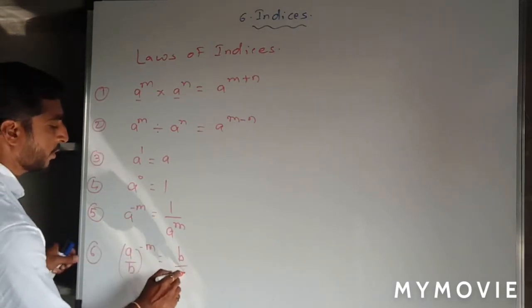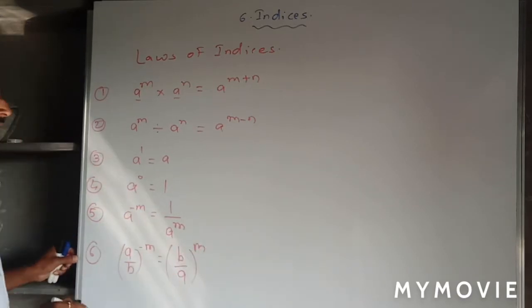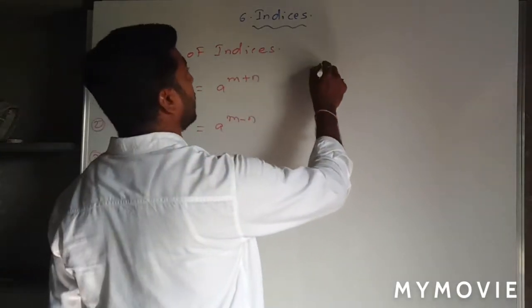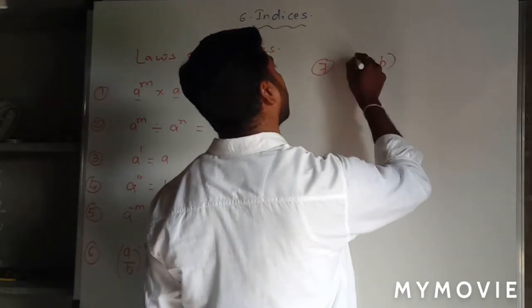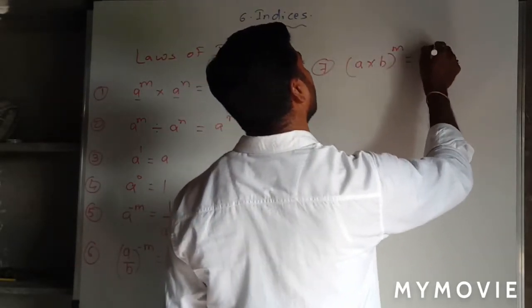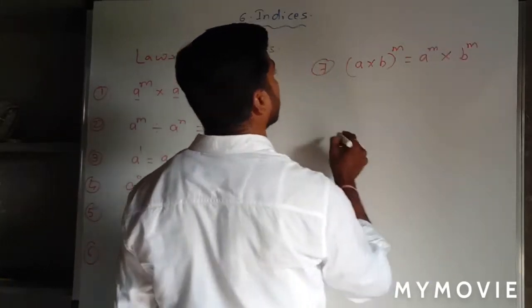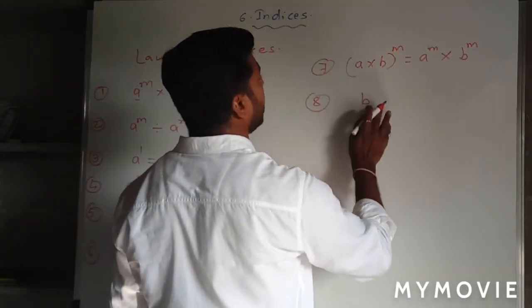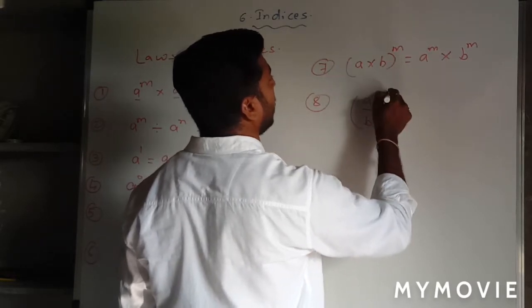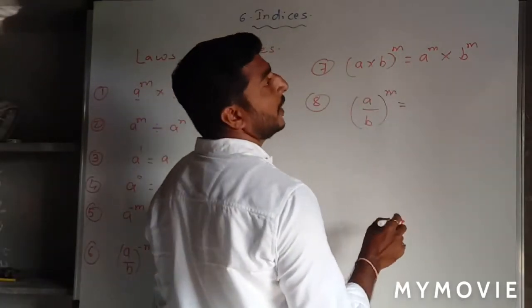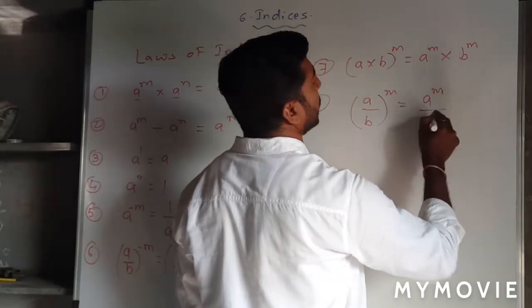What do you do? Take the reciprocal of the fraction and convert it into the positive power. And today we have learned the 7th law, that is (a into b) raised to m. So what you do? You distribute the index. 8th, when it is a division of any two numbers having a common index, then you can distribute the index to each